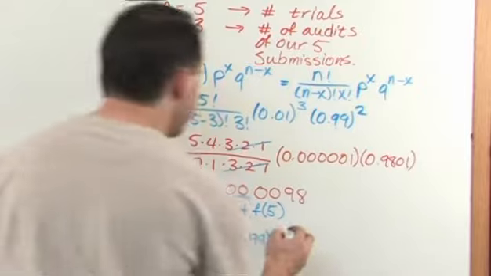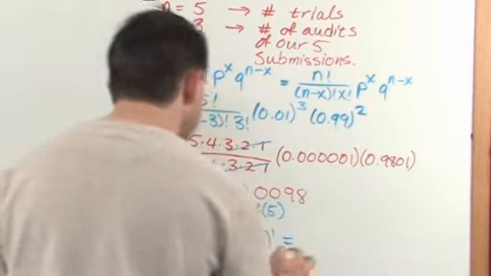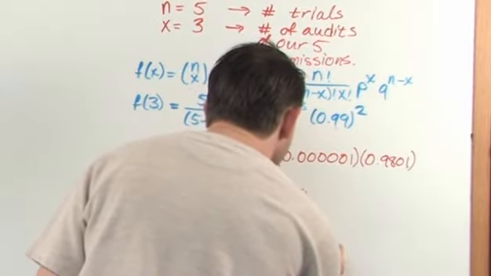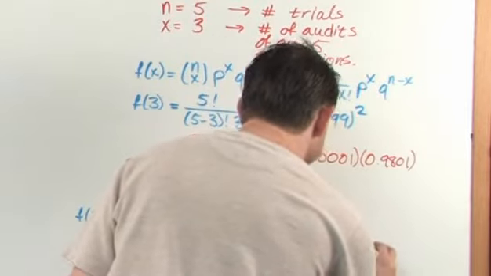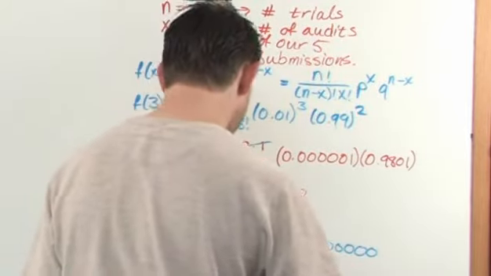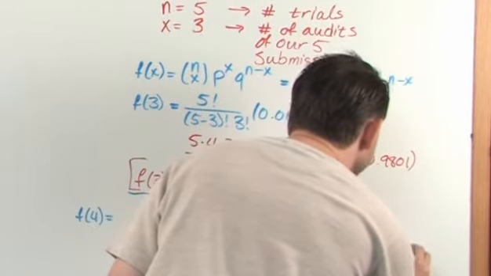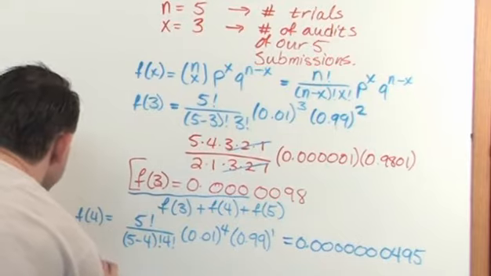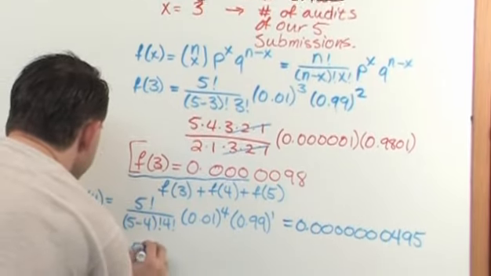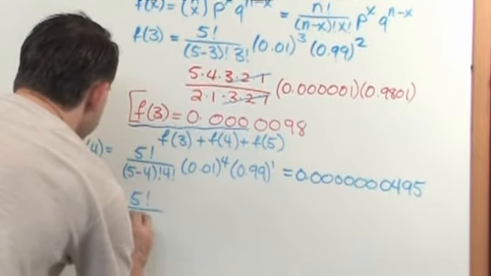this stuff, what you're going to actually get for this probability is a very small number, 0.000000495. Okay? And then equivalently, the probability of getting 5 people is going to be 5 factorial over 5 minus